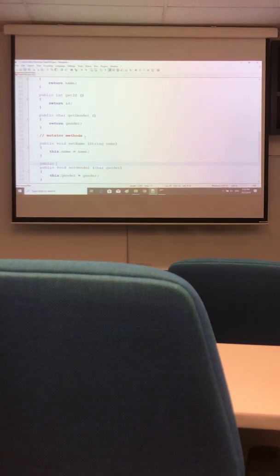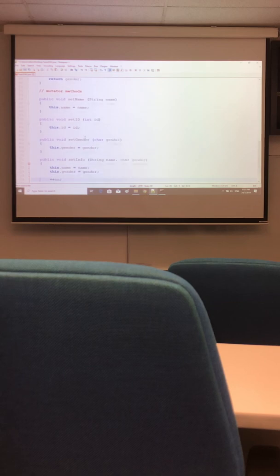Some special student maybe due to exchange, we may want to assign an ID to that student. So I just let ID also can change. Void set ID and then int ID. So this dot ID is equal to ID, right? So finally,